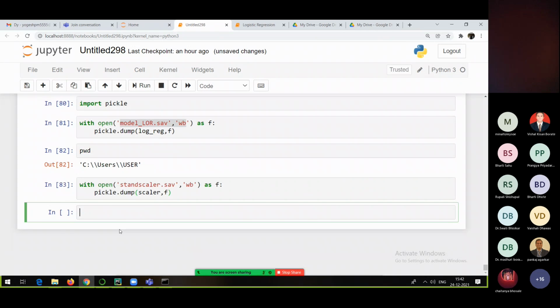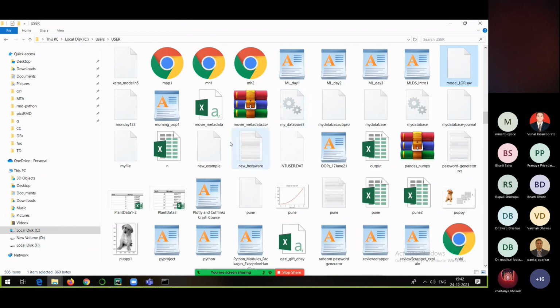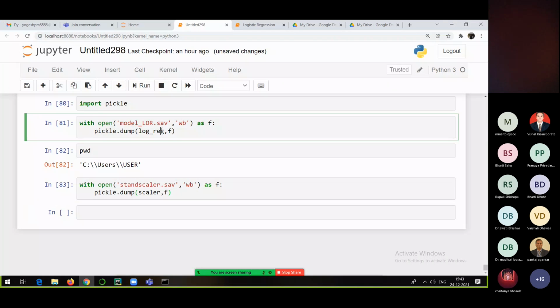That's it. Dump it here, and you'll be able to see the standard scaler dot sav file also created in our working directory. Maybe if I type ls here, you'll be able to see that. See this one. This is also created today, right? But our model is this one here. This is our final model.